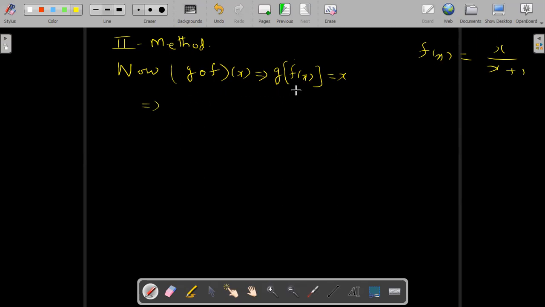what is the value of fx here? fx. g of fx is equal to x, then fx is equal to x upon x plus 1. Okay, then it will become